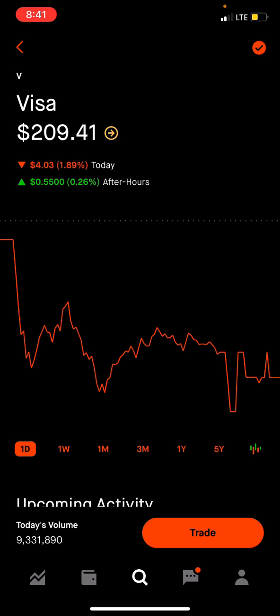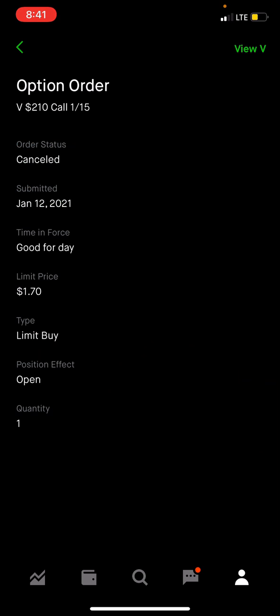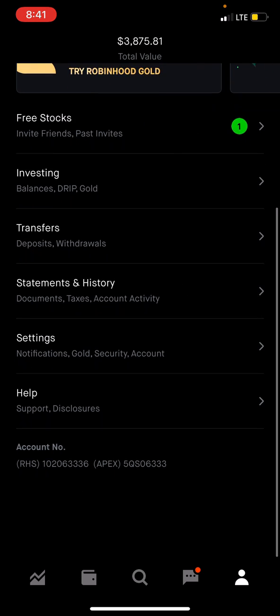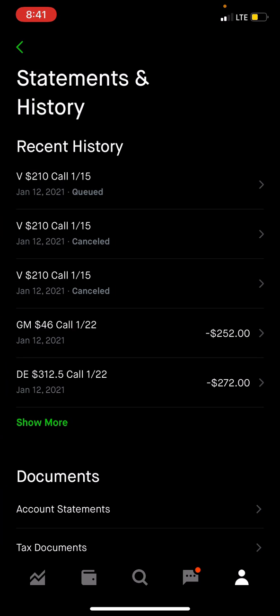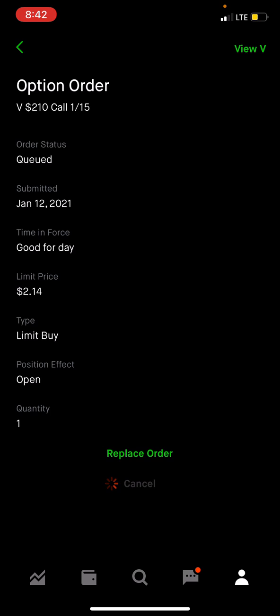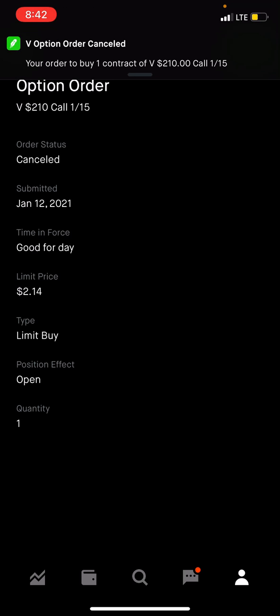Well, then I'd be like, oh damn, it's still sitting out there, and you're correct. So what you're gonna do again is you're gonna go to your main page in your account, statements and history. You'll see it right here at the top. You see it? It's sitting there. You will hit cancel. Then you will go back in and replace your order accordingly. Adjust it a few points, as I said, a few points below what the current market